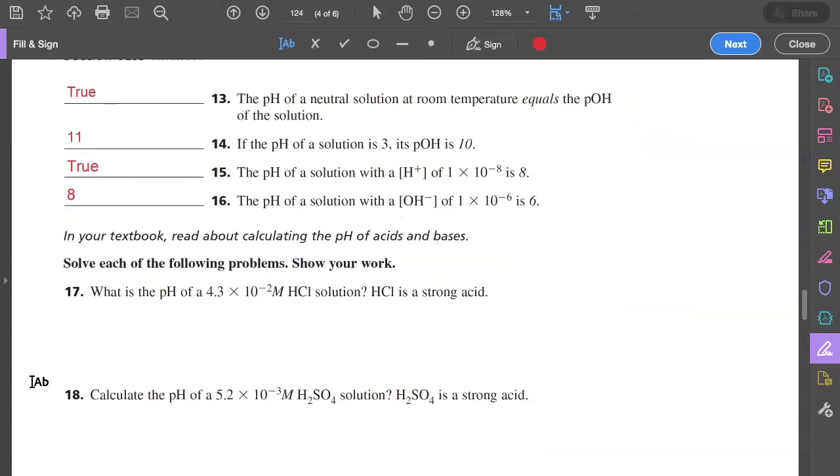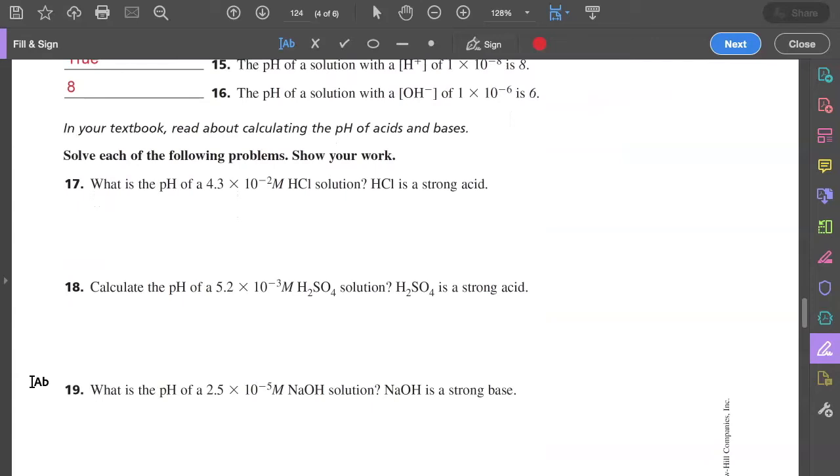All right. What is the pH of 4.3 times 10 to the negative second molar HCl solution? HCl is a strong acid. All right, so if the pH is equal to the negative log of the hydrogen ion concentration, HCl, since it's a strong acid, will give us exactly 4.3 times 10 to the negative second hydrogen ion concentration. Remember, strong acids dissociate completely, so whatever their molarity is, that is also going to be the concentration of their hydrogen ions. So the pH is equal to negative log of 4.3 times 10 to the negative second,